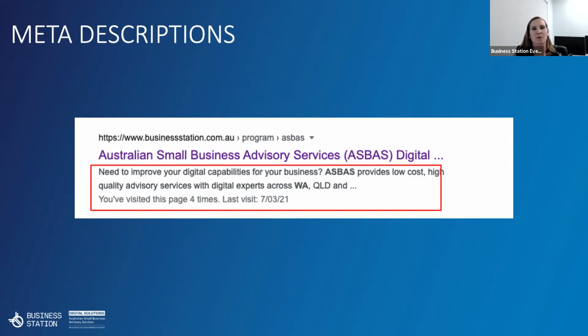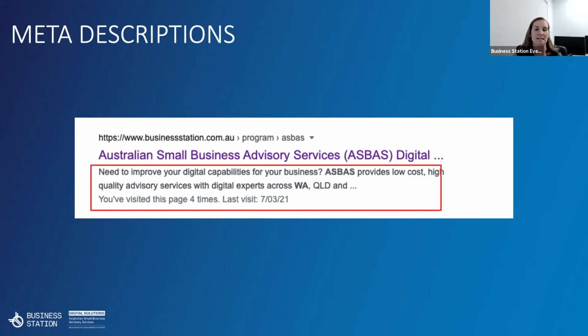A really important thing to note is that if you don't enter a meta description for your pages, Google will do it for you. The way Google does it is it just takes a small sample from the text of your pages. Sometimes they're cut off, sometimes they're not relevant to your keywords. So make sure that you take control of that. It's only 160 characters, and that's all you should use to make sure it doesn't get cut off.